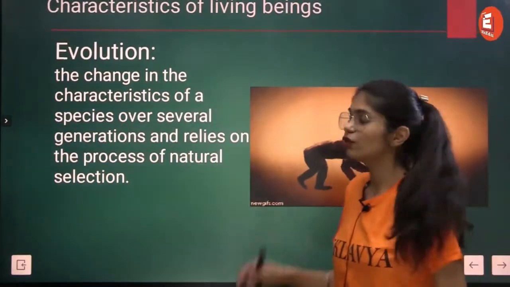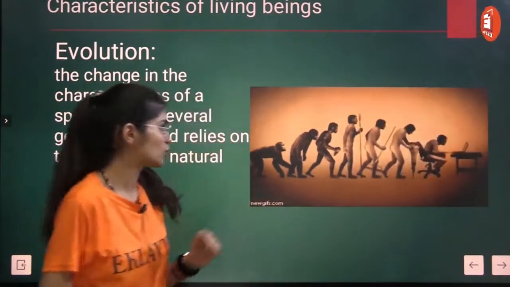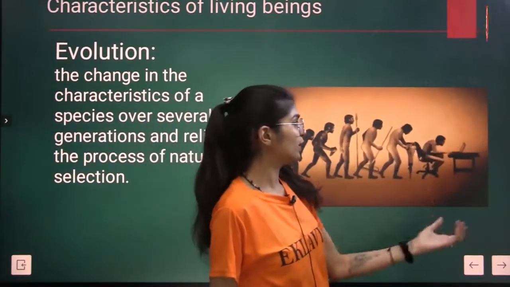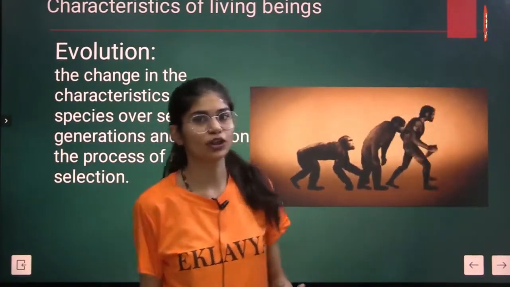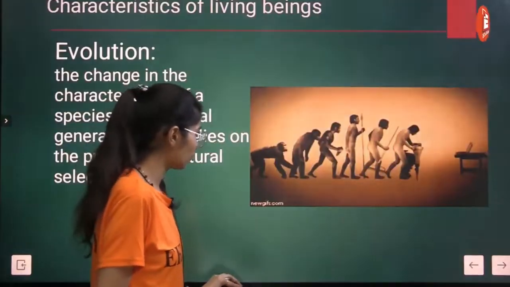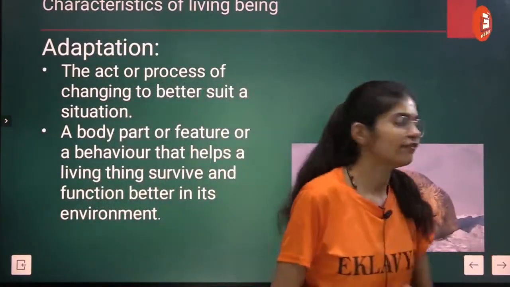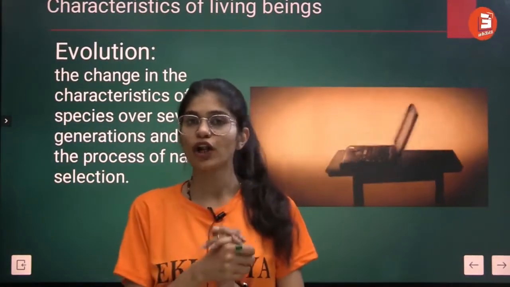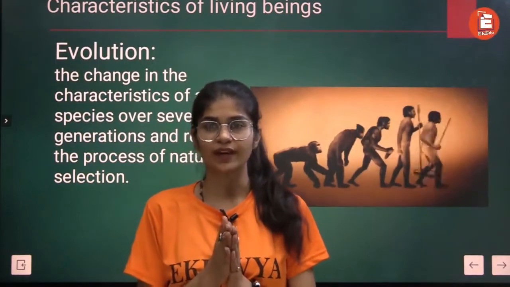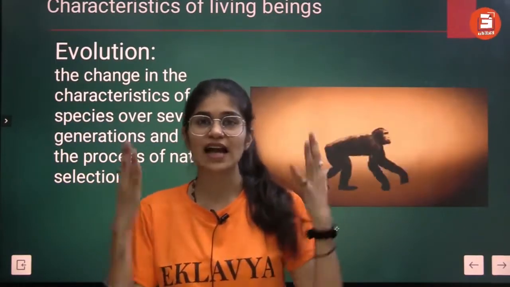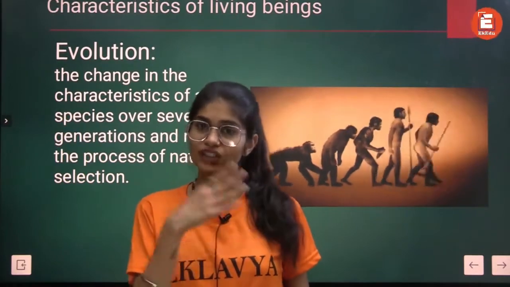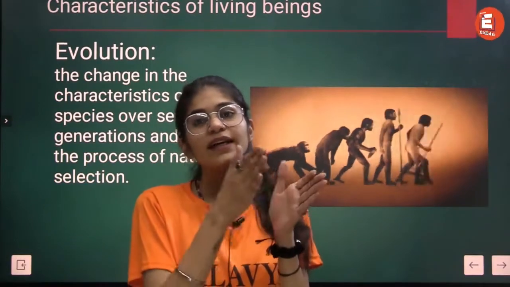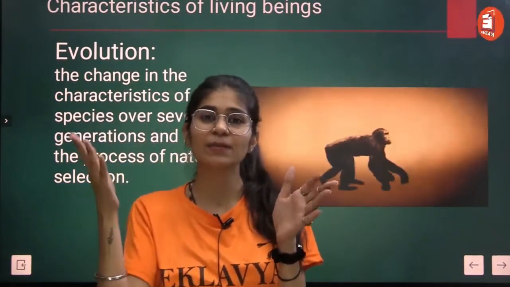Now coming to evolution, let's look at the GIF first. So, a monkey turns into a human being and now it's all filled with technology. Let's talk about evolution in very simple terms. Now kids, what happened is, you all know that our body is changing, right? We're always changing. There are reactions happening in our body. So our body changes. But in evolution, what happens is an organism develops so much that it becomes an entirely